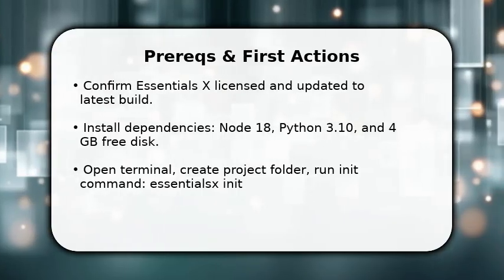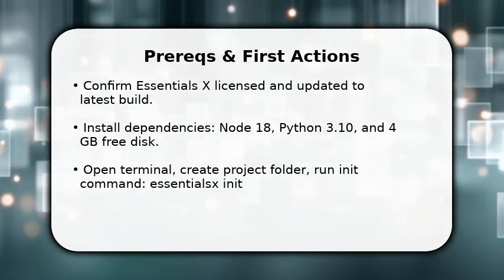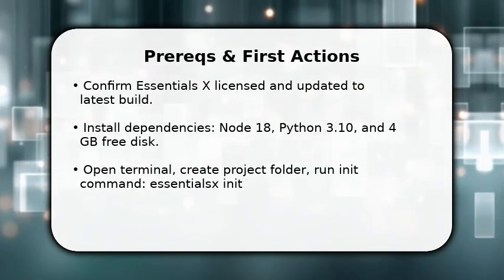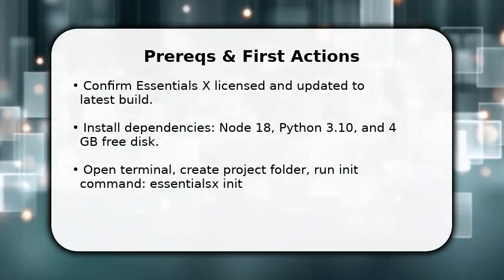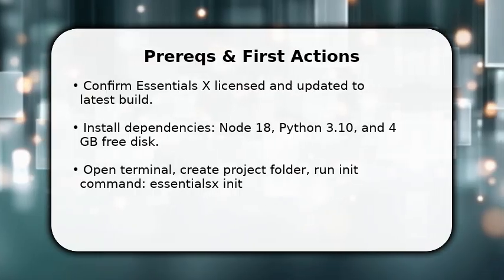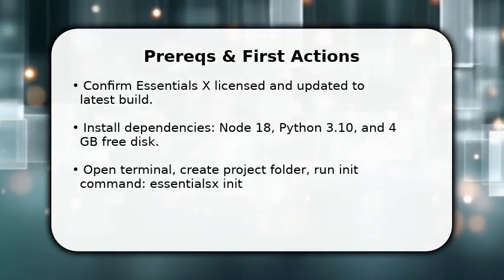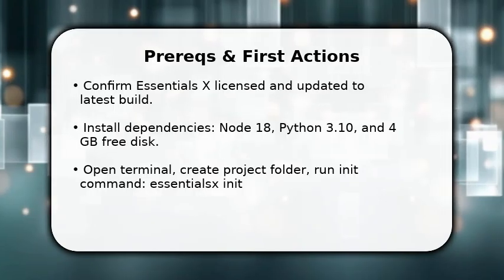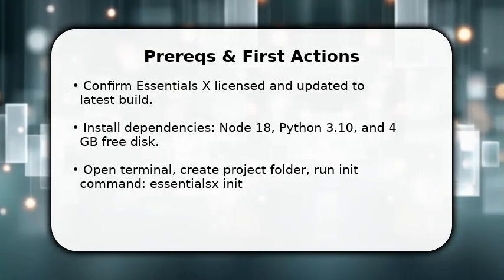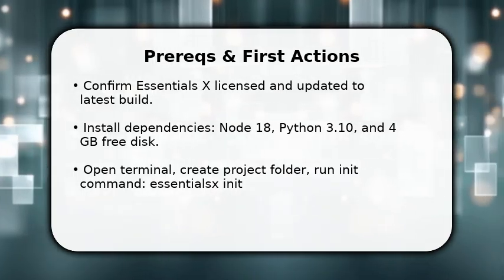You need the essentials in place before you dive deeper. Confirm your Essentials X license and update to the latest build. Make sure Node 18 and Python 3.10 are installed. Once done, create a dedicated project folder and open your terminal. Run Essentials init to scaffold core files and check the generated config.yml for required fields. This gets you into the working state fast, so you can move to configuration without redoing